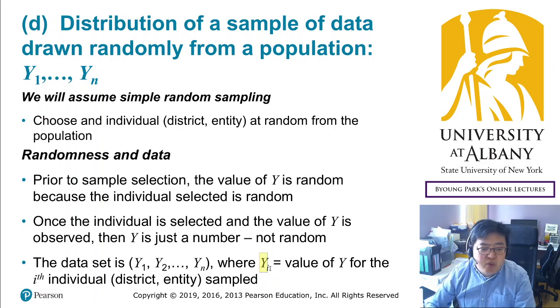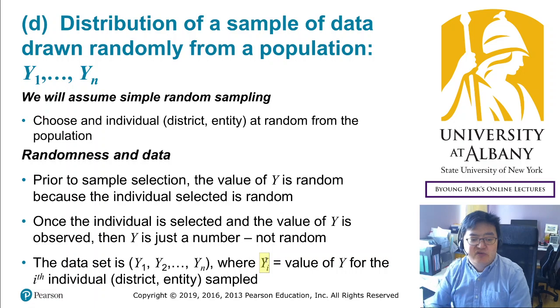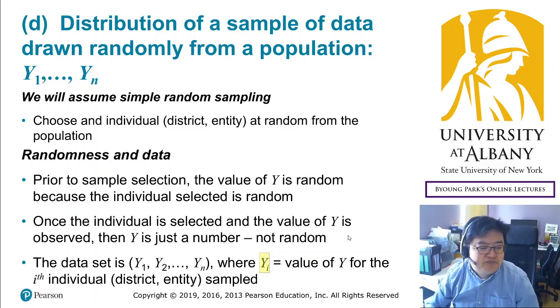Remember, this notation is useful because it is random. It does not tell you what the realization is. So it means it is still random. Later it will be realized and determined, and then it will not be random anymore, but the notation itself is useful to represent that it is still not realized.